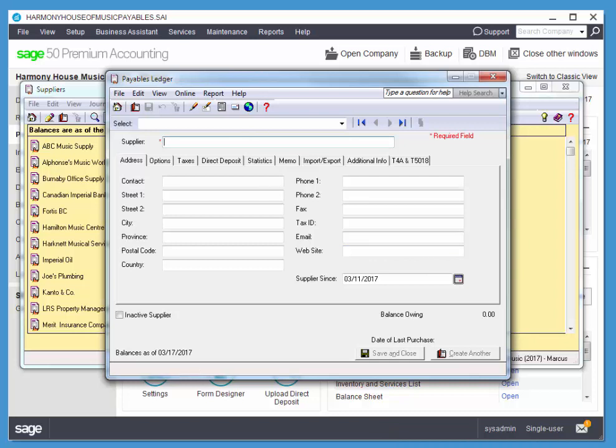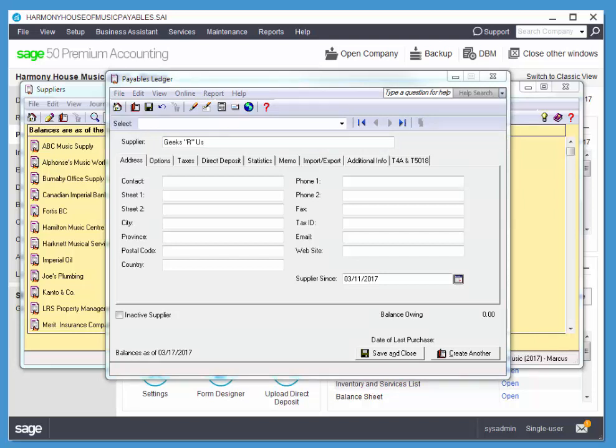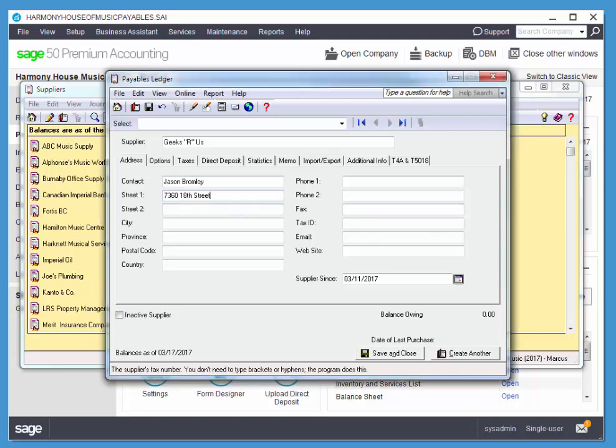So I'm going to add Geeks Are Us. These are the folks that help us out with our computers. Jason Bromley is a guy we talked to there. I'm copying and pasting this stuff from my notes. You can go ahead and do the same to save yourself a bit of typing